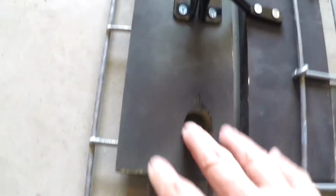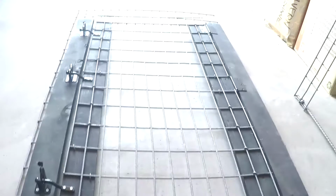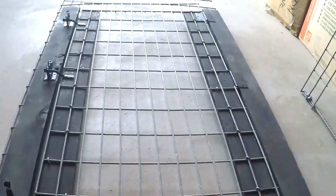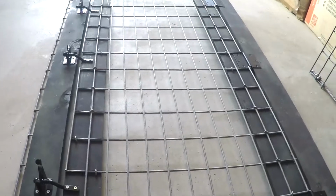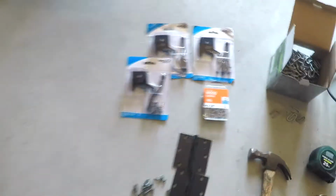But anyway, working our way up, this is the frame part of the panel, and this is the gate part of the panel, and we will assemble those separately before we put them together. This panel is 34 inches wide and the full 60 inches tall, and we'll get into that a little bit more in just a second. So looking at the parts and tools that you're going to need,